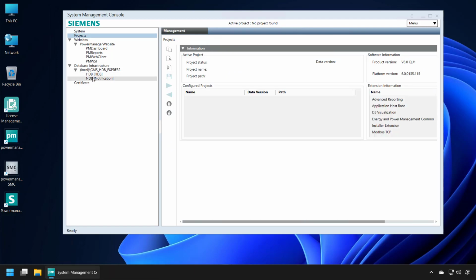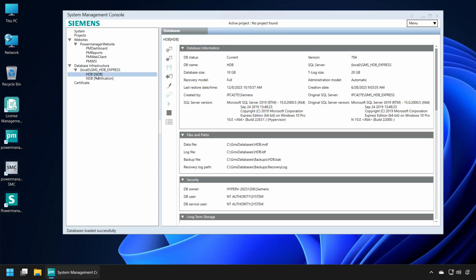And the same we have for the database structure here. I will remove the existing databases here because after restoring my backup, some new databases will be created. For this, I have to stop the HDB, the historic database, first. Do not use this stop icon here. This just keeps running